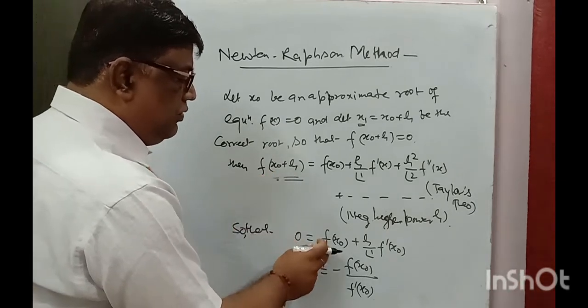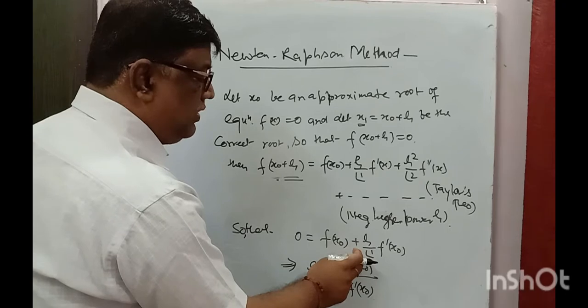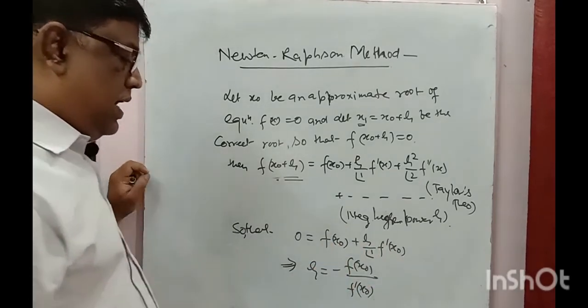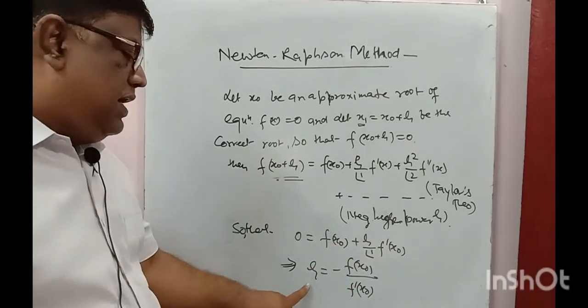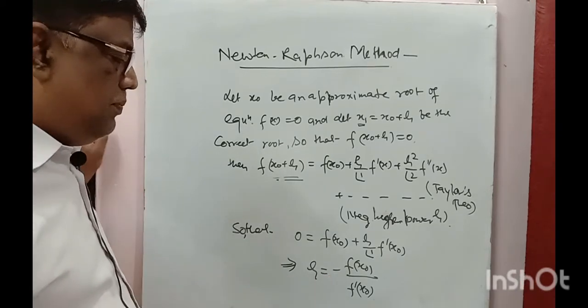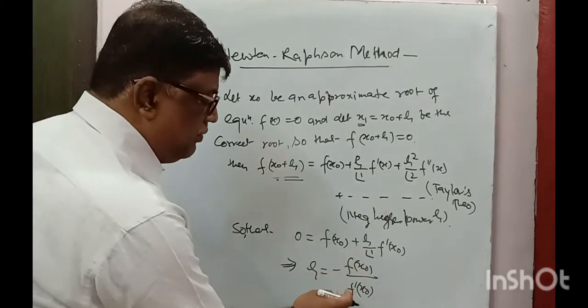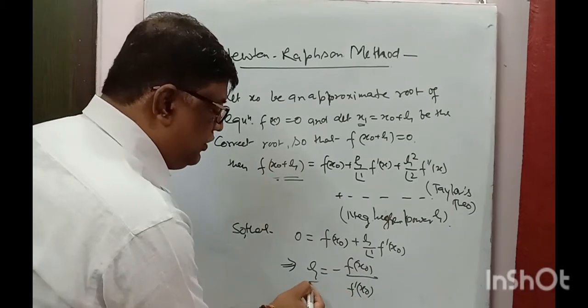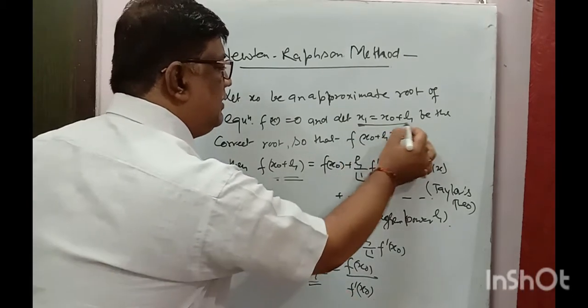Then 0 = f(x0) + (h/1!) f'(x0). Then find out h = -f(x0)/f'(x0). Now putting this value in this equation, then